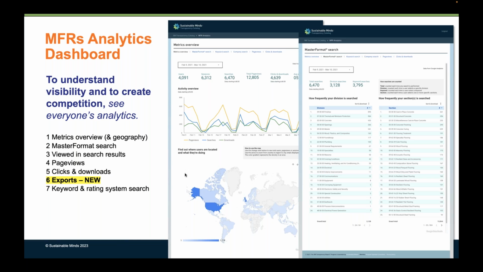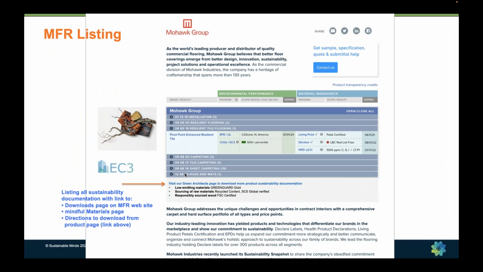What we're doing is we're sharing with them all of the analytics of the entire catalog. So they not only get to see how frequently people are searching their MasterFormat sections their products are in, how frequently they're showing up in search results, how frequently downloads from their listings are happening. They're now going to be able to see how frequently their products are getting exported. So what we're showing manufacturers is the action that people are taking around their products and how frequently people are coming looking for products